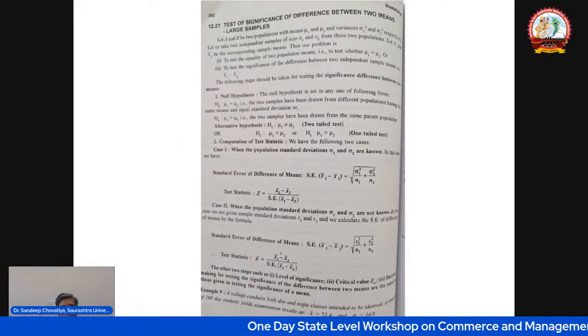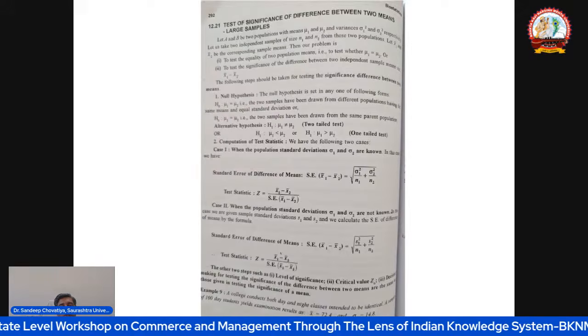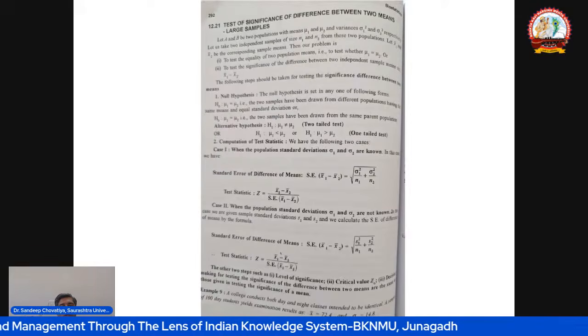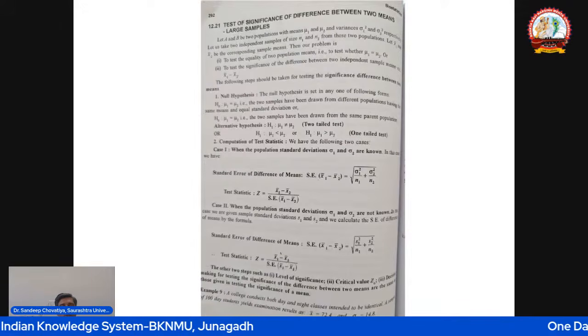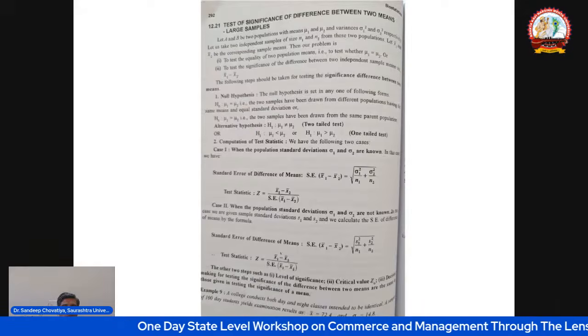In case 1, the population standard deviations, sigma 1 and sigma 2, are known. In this case, we have the standard error of the difference of means, which is simply written as the standard error of mean 1 and mean 2, equal to the square root of